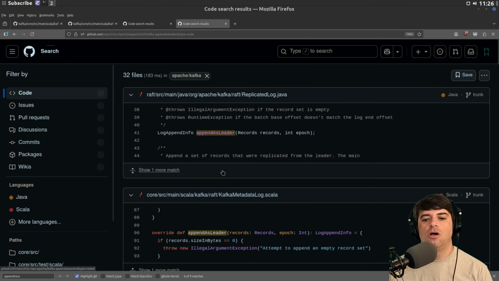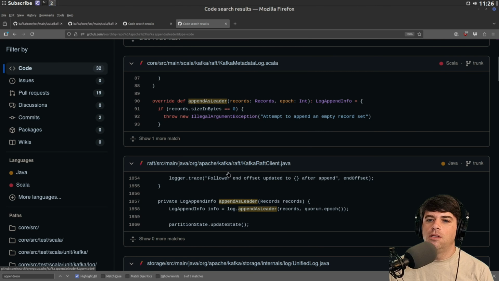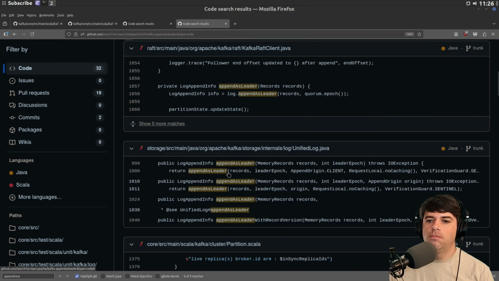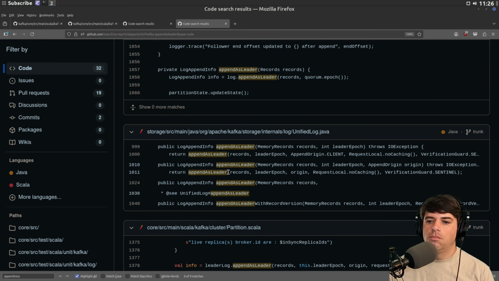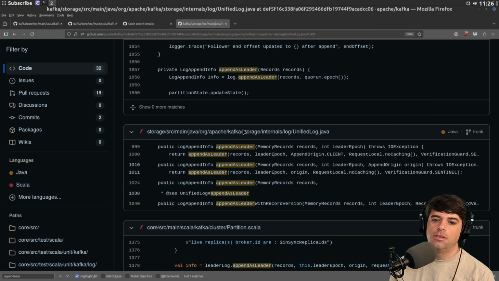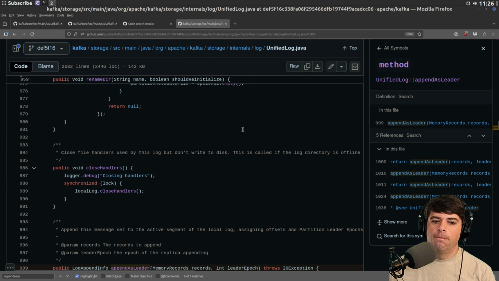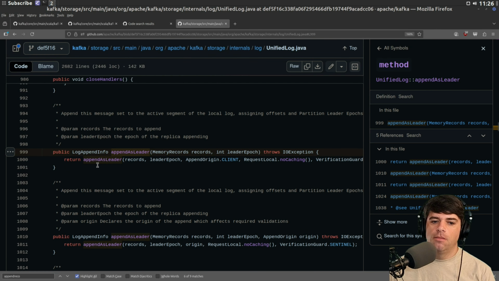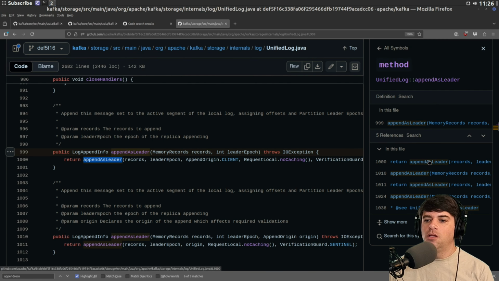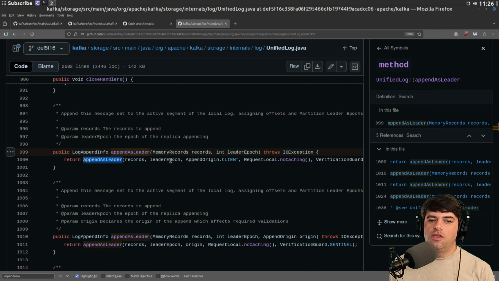But where's log.append as leader? Log unified log, storage internals. This looks promising. Okay, almost. Now we're calling return append as leader. So do we get this function anywhere? This is where we are now, 999.